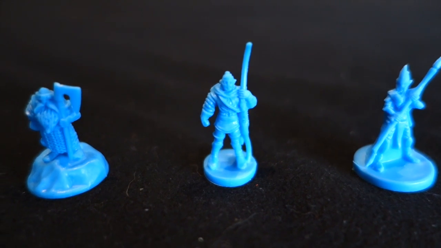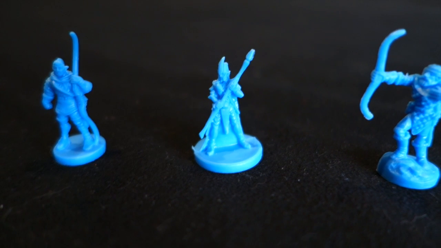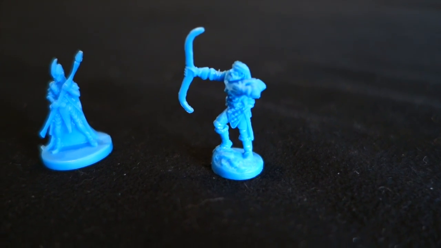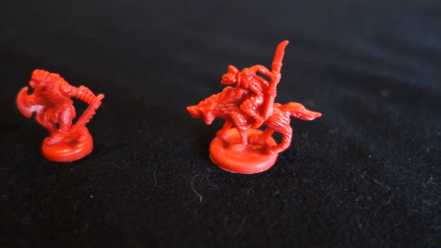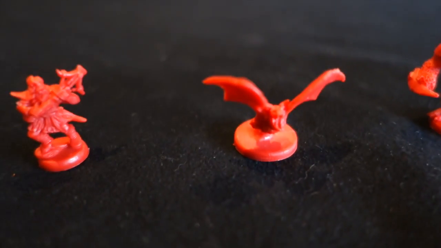Here are the Free Peoples' units: Dwarf Regulars, Dwarf Veterans, Elf Archers, a few there you'll recognise from War of the Ring, Elf Spearmen, Lakemen, again from War of the Ring, and the Eagles. And a few familiar sculpts in the shadow units. These are the Wargs, Orcs, Great Orcs, and some new ones, Giant Bats